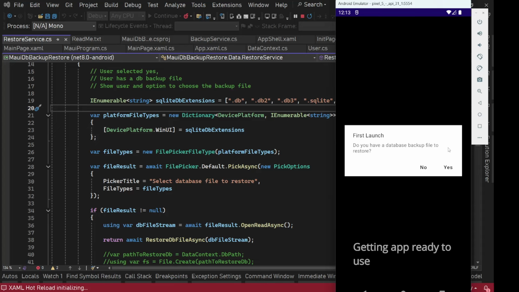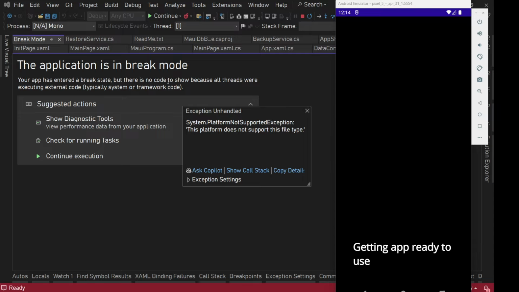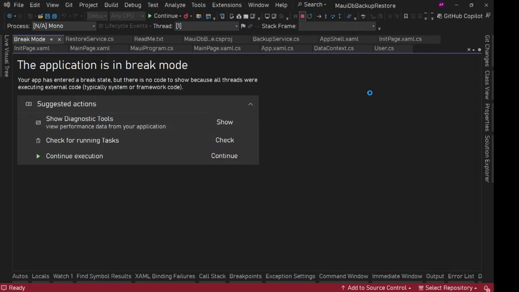First launch, do you have a backup file? I'll say yes, I have a backup file. And we have error. What error? System.PlatformNotSupportedException: this platform does not support this file type. Now, why is it happening? Because